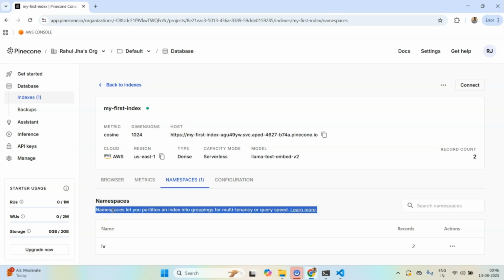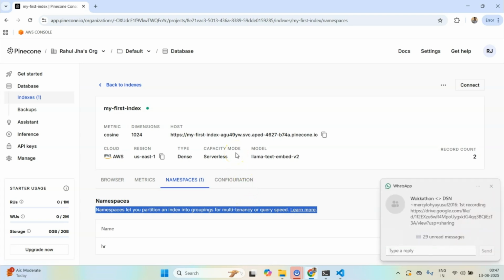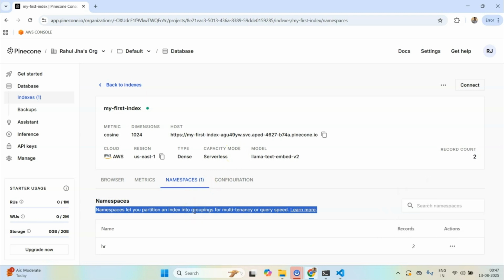What I have done is taken my index, my database, and partitioned it to support something known as multi-tenancy and also query speed. To make you understand why it results in a high query speed,